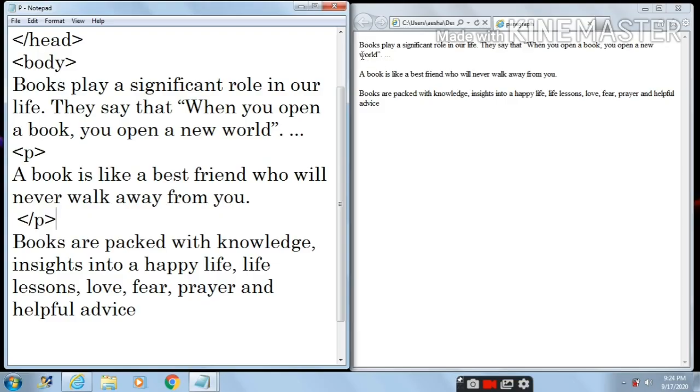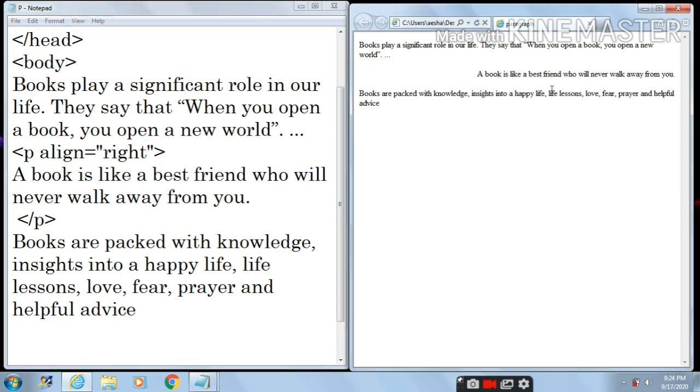Now let's move on to the web page. Here you can see all the alignment of the paragraph is left to right. Now if I want to change the alignment, I have to use the align attribute. So always remember the attribute of any tag or any element should be written in the opening tag. So here the P is the opening tag. For that I have to write P space align. Align is equal to, I want right to left, so I will write right in double inverted commas.